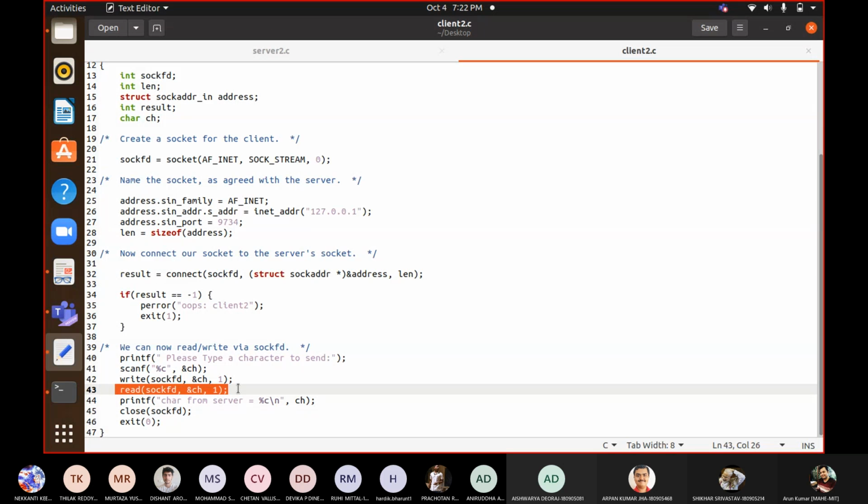The moment you receive anything over this socket, that thing will find its place in the same character space, and then whatever you want to do with that character space, whether you want to show it or do something else. Here the idea is to retrieve it back and show it to the user. So here you are printing it again, and then you are finally closing the connection. Close socket ID, exit 0.